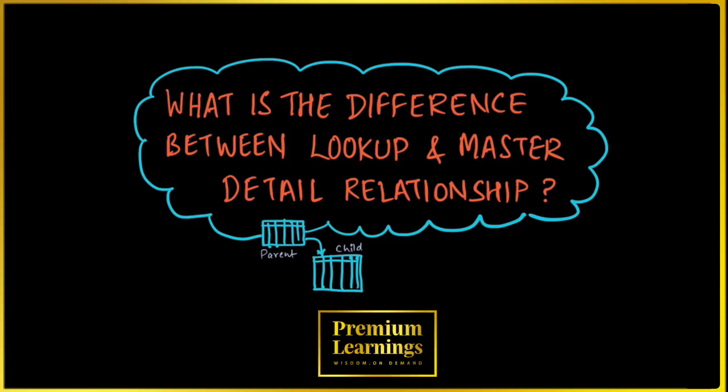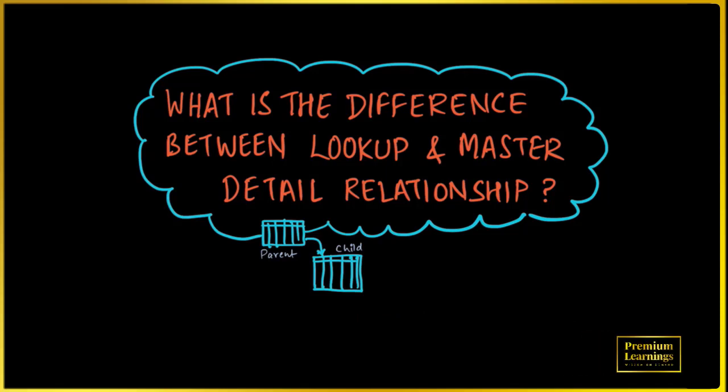if two tables are related with each other in a way that there is one table which is a parent, another table is a child, where one parent can have multiple child records. If they are related with master detail relationship, then if you delete the parent record, the child records are also deleted. In another case, if they are related with lookup relationship, if you delete a parent, the child records are not deleted. So this is the basic explanation most of you might give in any interview, but actually the interviewer